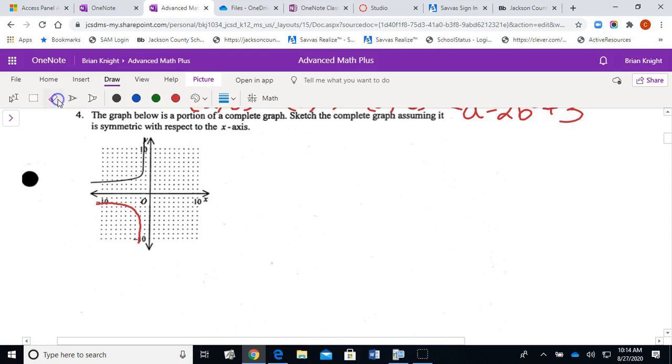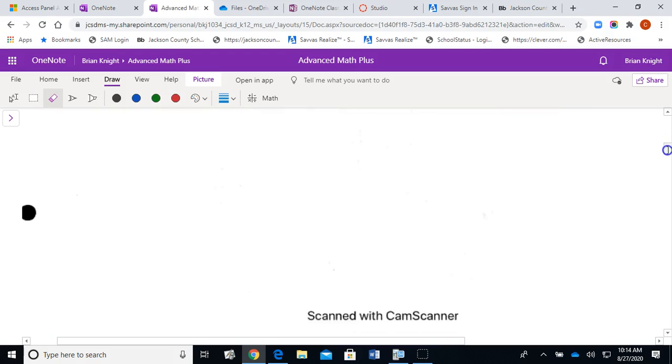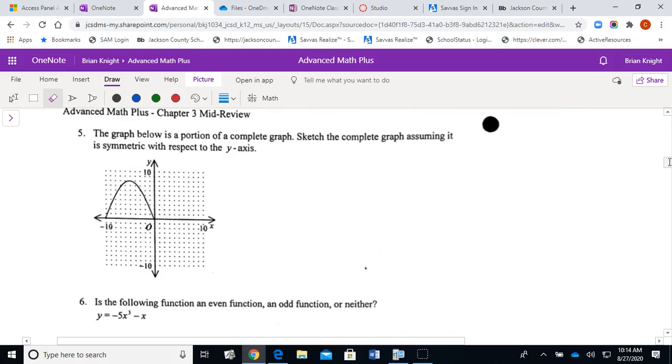5 is the same, except you're flipping it over the what? The y-axis. So on 5, you get to make